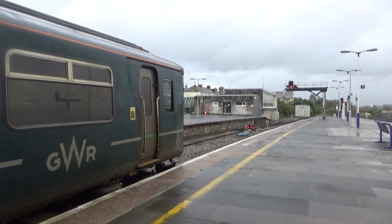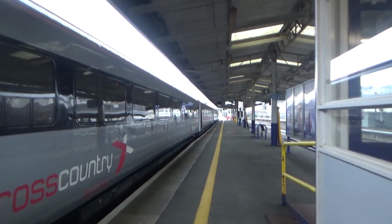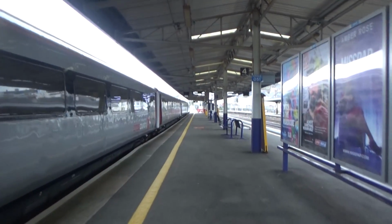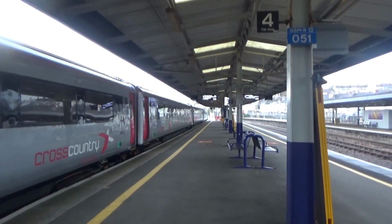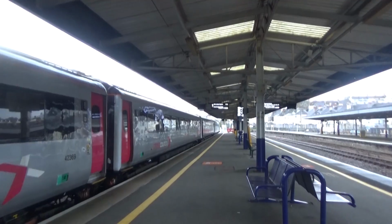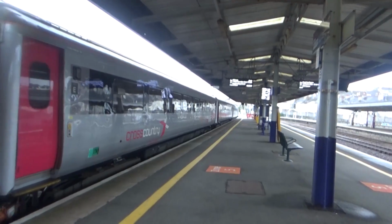You'll see this one go out later because it is the 1454 to Gunnislake. You'll see that one leave later. So another train that's just arrived in here is 43304 and something else, a CrossCountry HST. This will be forming the 1525 to Leeds, but didn't actually terminate in from the north. This one came in from Laira, and that's obviously changed because I thought that the cross-country service that terminated from